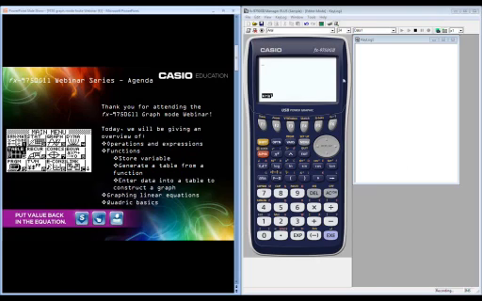I've opened it up. You see a picture of the emulator software on the right. The first thing my kids always say to me is, but Mrs. Foote, there's no equal sign, and there's not. That's a really important thing for kids to know and for you to recognize right away. There is no equal sign because this calculator does a lot more than just computations. You'll find an equal sign on a calculator that does computations, but this has an execute button, which basically says, do what I just told you to do.